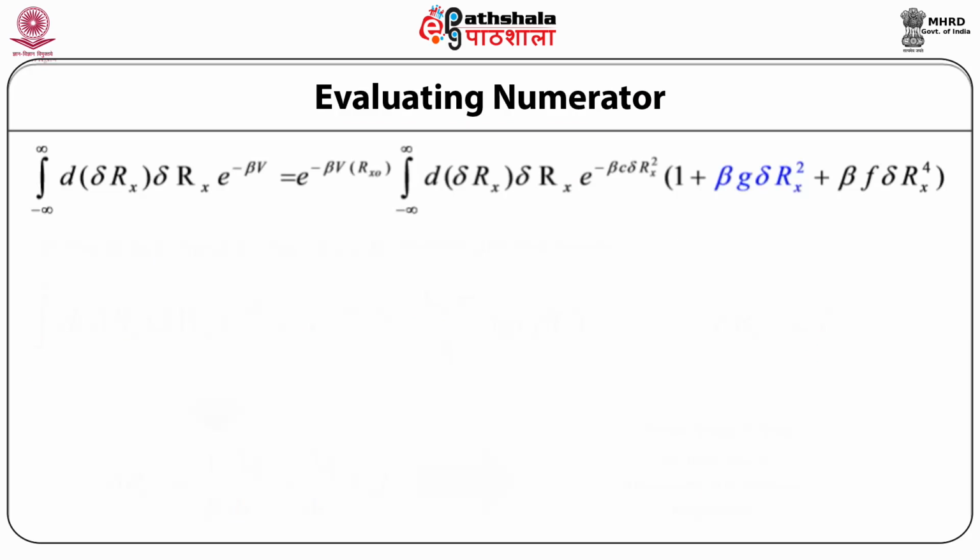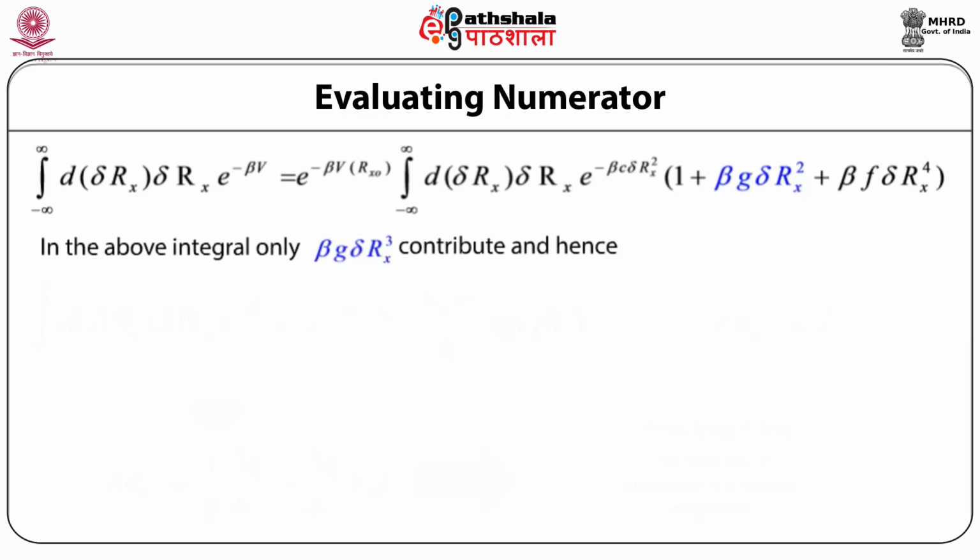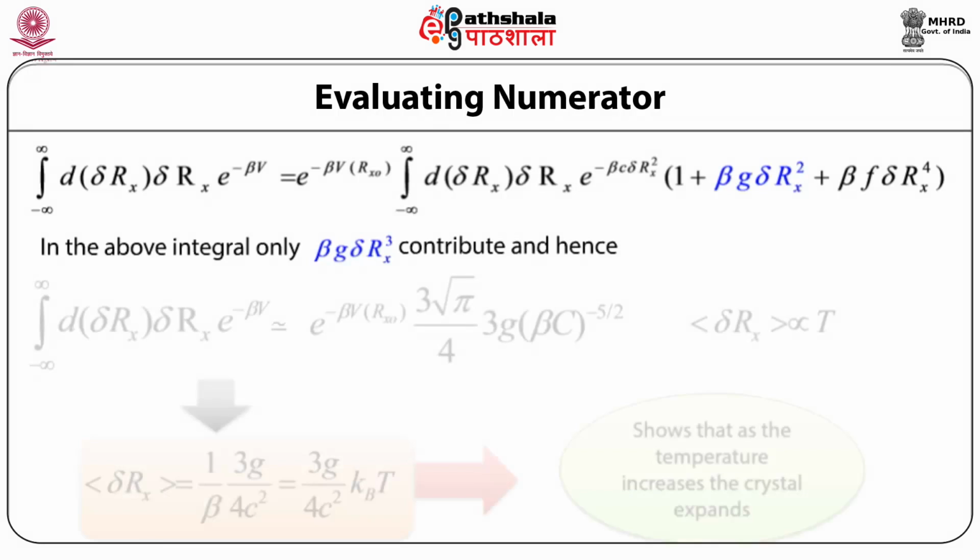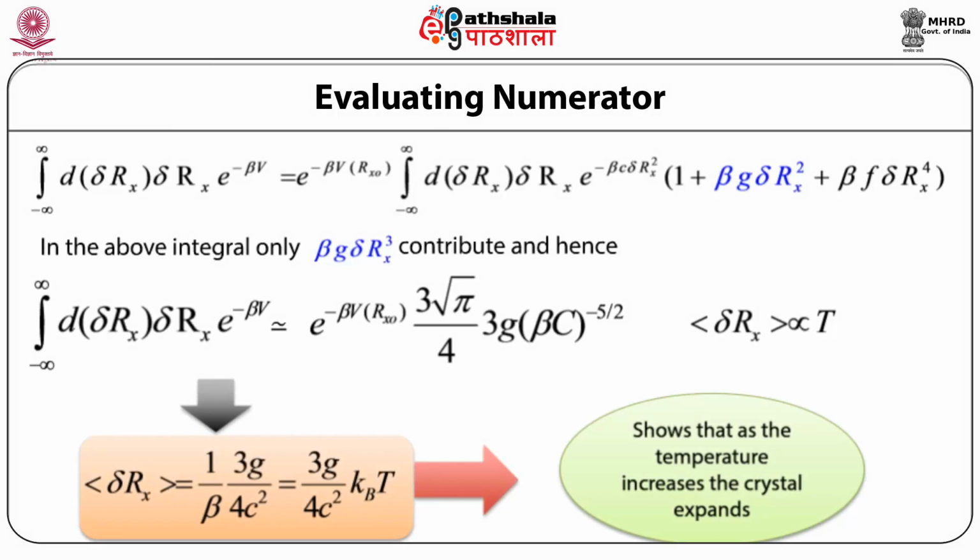equal to e raised to power minus beta V as a function of Rx naught into integration of minus infinity to infinity d delta Rx into e raised to power minus beta C delta Rx square into 1 plus beta G delta Rx cube plus beta F delta Rx raised to power 4. In the above integral, only beta G delta Rx cube contributes, and hence the integration of minus infinity to infinity